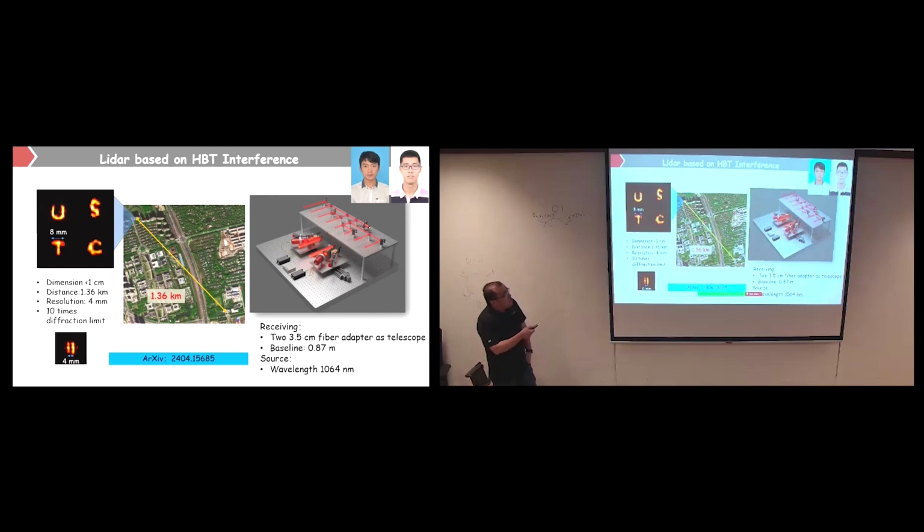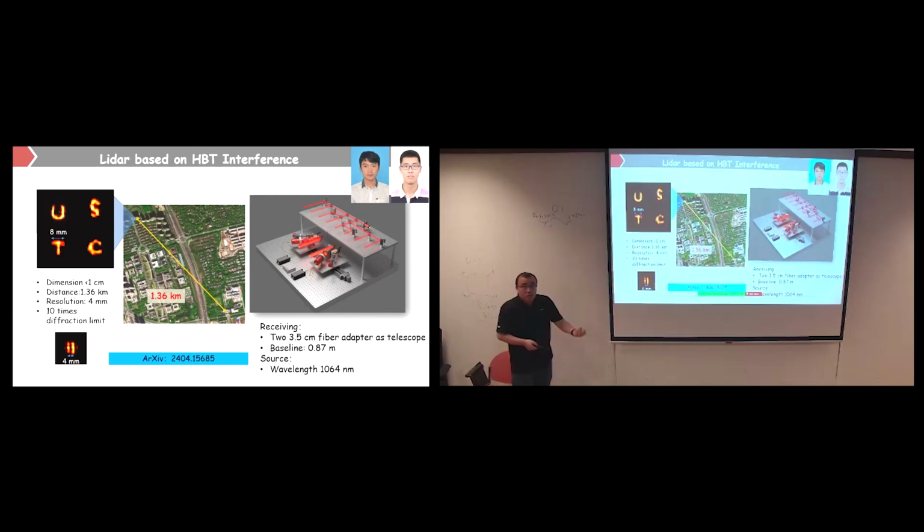parallel lasers shining from outside of the apartments, using the LiDAR method, because generally people use lasers for LiDAR. But with a laser you couldn't observe the HBT effect, because only thermal light shows the HBT effect. The laser is based on a Poisson distribution, and there will be no HBT interference. But if you use lasers without phase lock, then you can still observe it. We developed that theory, and we can observe about 10 times the diffraction limit for this LiDAR.